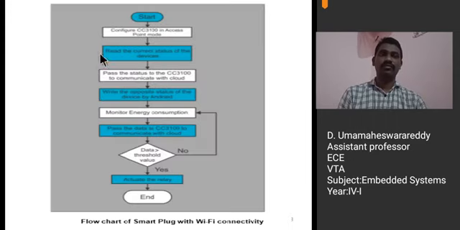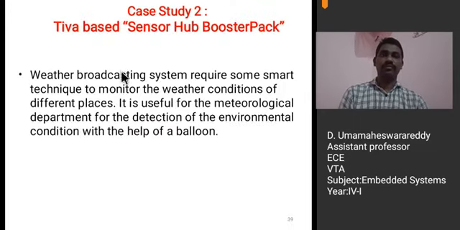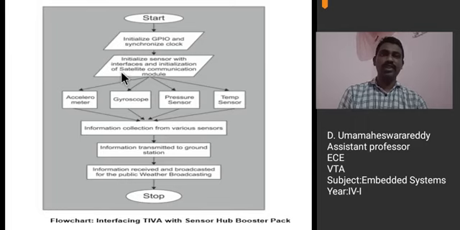Then see what we are doing here. We are initializing GPIO pins and synchronizing the clock. Next, what are we doing? We are initializing the GPIO pins to which the sensors are connected. Because sensors are input devices, we configure the GPIO pins as input here and we synchronize the clock.